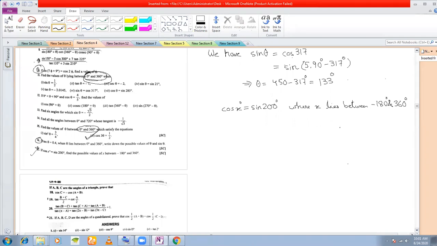Okay. Now let's see. X has to lie between not only positive angle 0 and 360 degree, but it also has to lie between 0 and -180 degree. So there are two ranges actually. What are those ranges? 0 to -180 and 0 to 360, isn't it? These two. Okay. So what we'll first do here is try to find out the solutions between 0 and 360 degree. Then we'll see about 0 to -180.